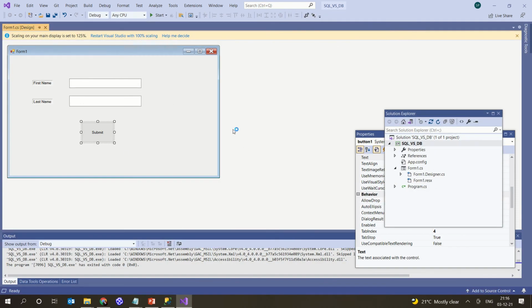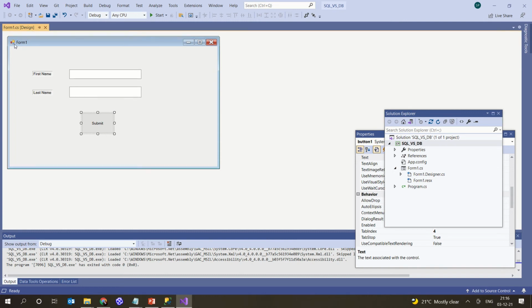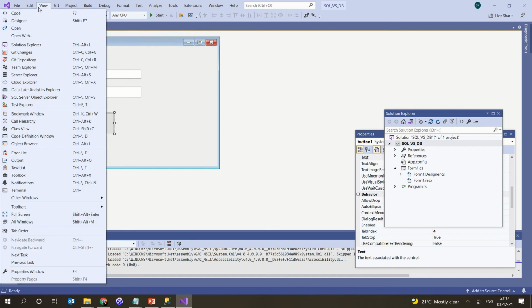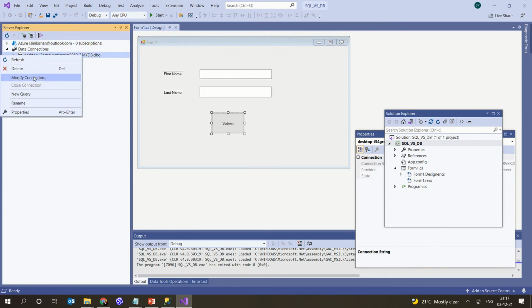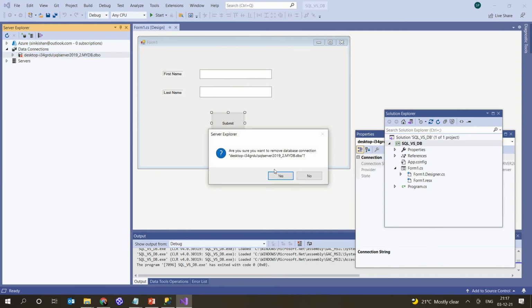So now the first thing which I wanted to do is that my form is ready and I do have a SQL Server database. Now I want to connect both of them. So we have already seen the different ways for you to connect Visual Studio with the backend. So here I'm going to the View menu and looking for the Server Explorer. Okay, I already have got one database, so I'm just deleting it to show you from the scratch.